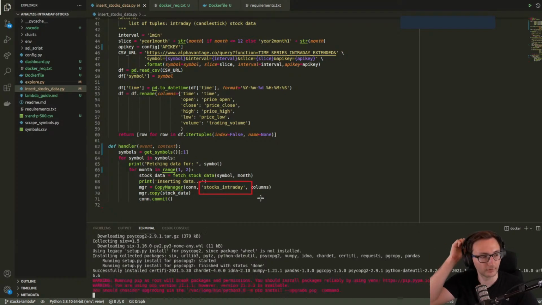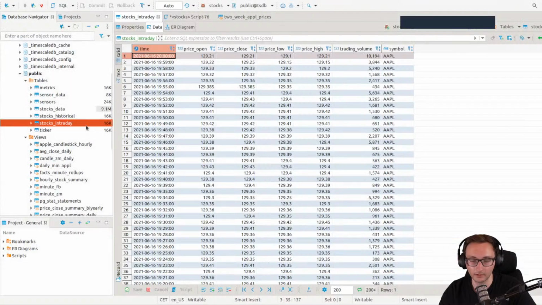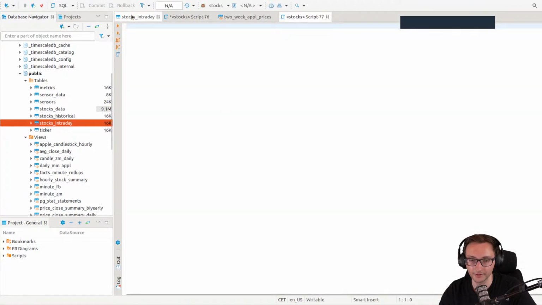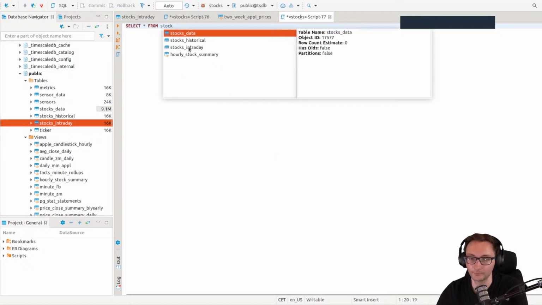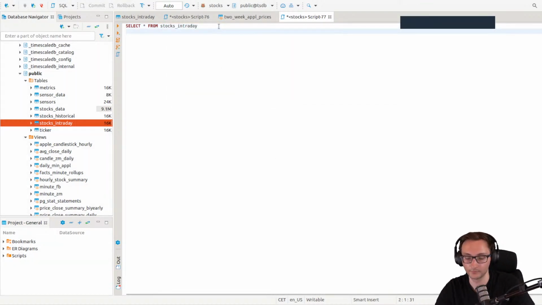That's the name of the table. And currently, if we find the most recent row in the table, order by time,